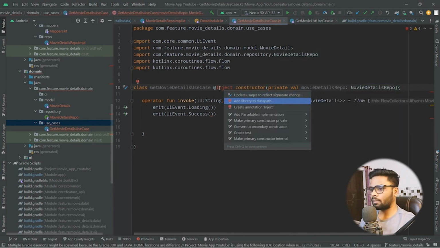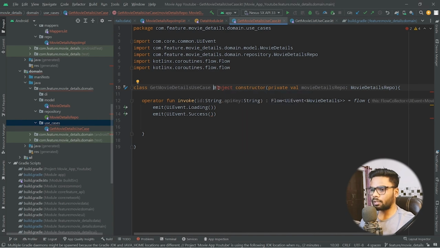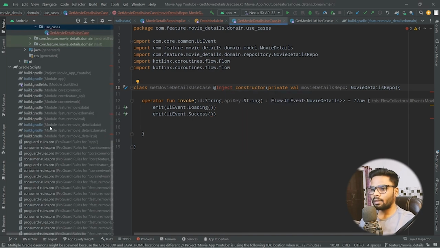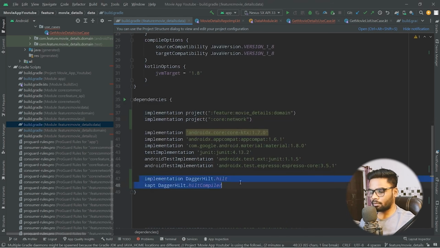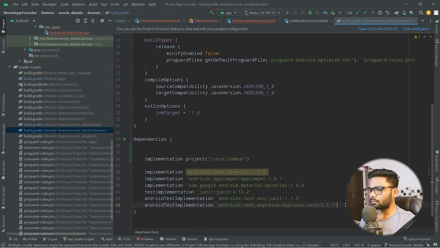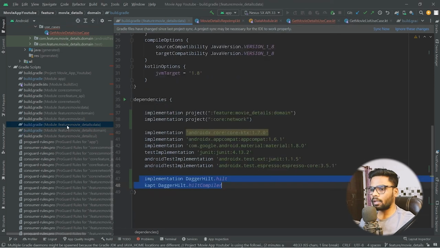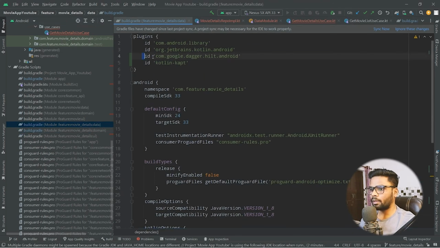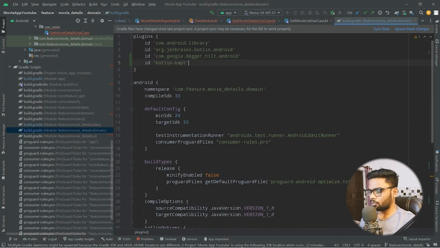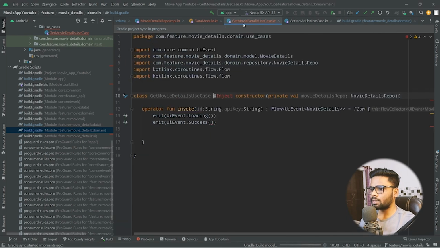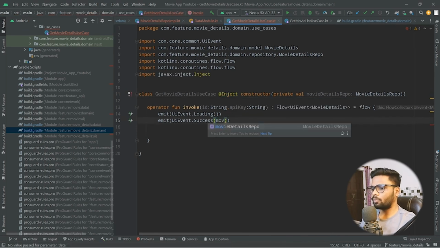Okay, so the library is not imported in our build.gradle. In order to use Dagger Hilt here, I'm gonna copy paste the required dependency in our build.gradle, paste here, and we also need to add these plugins. So add those plugins, sync your project, come back to your get movie detail use case. Now after the syncing, inject is available, and now use our movie details repository, get movie detail, pass your ID